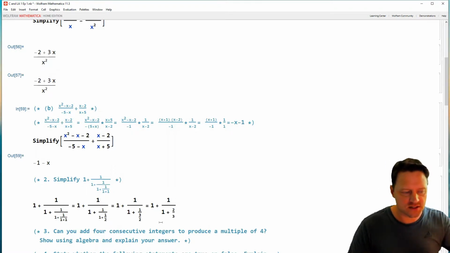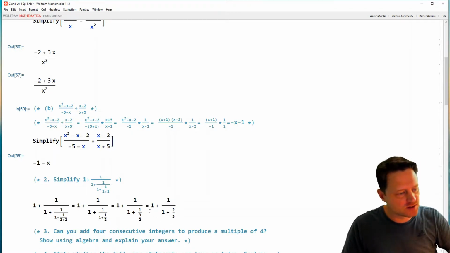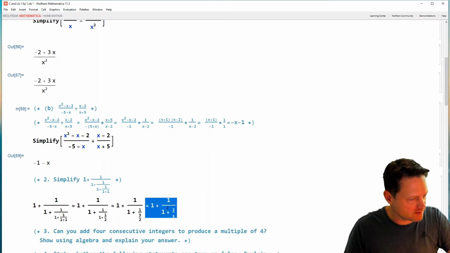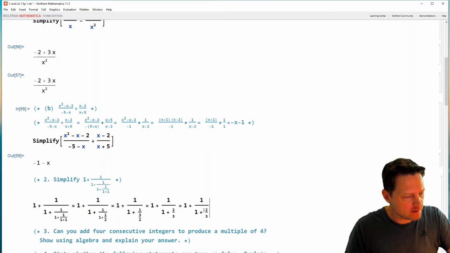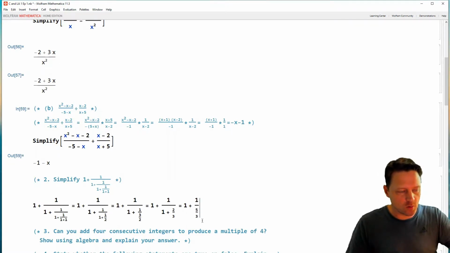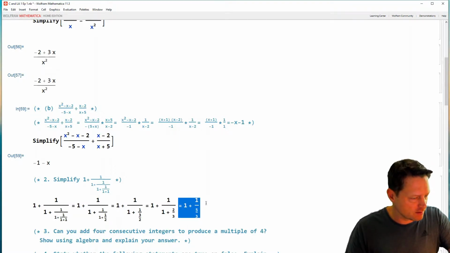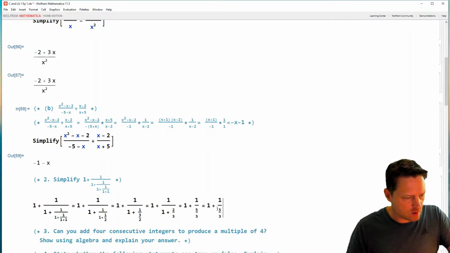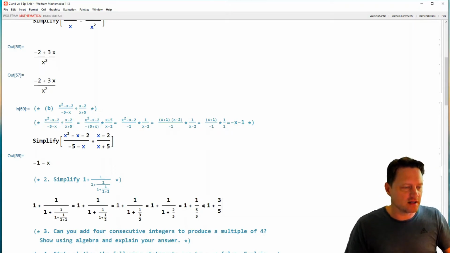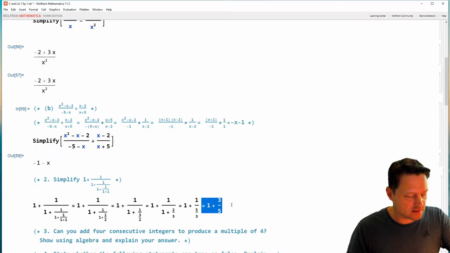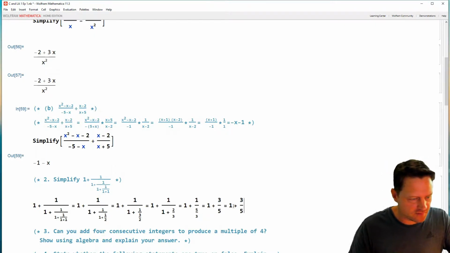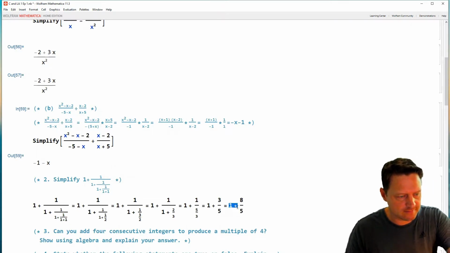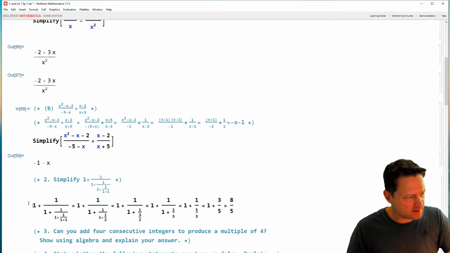Okay, now 1 plus 2/3 is 3/3 plus 2/3, which is 5/3. So let's replace that with a 5 there. Okay, now we've got 1 over 5/3 to deal with, and so that's 3/5 here. So 3 over 5. And then finally, 1 plus 3/5 is 5/5 plus 3/5, which is 8/5. All right, we'll make this a comment,